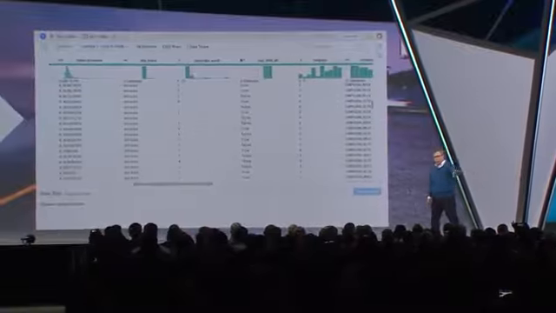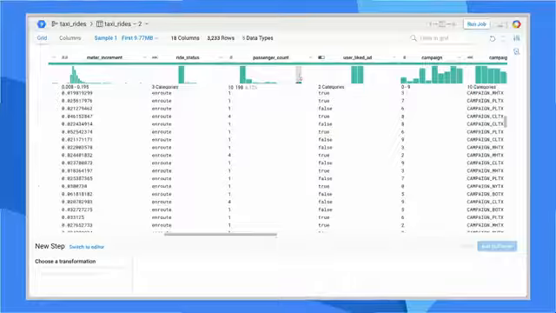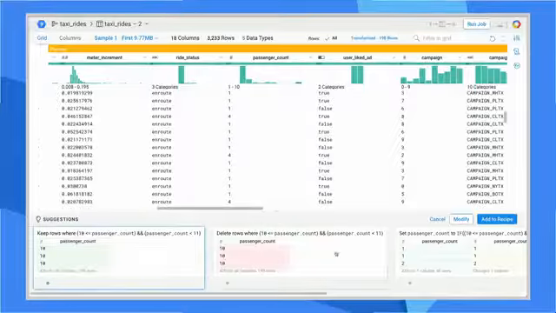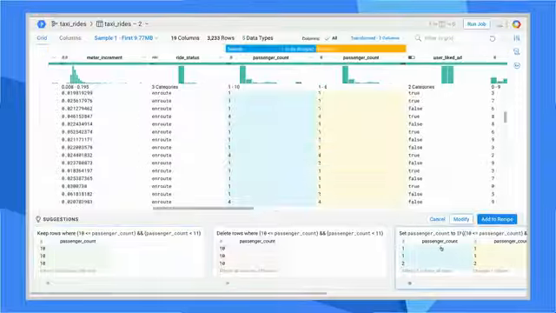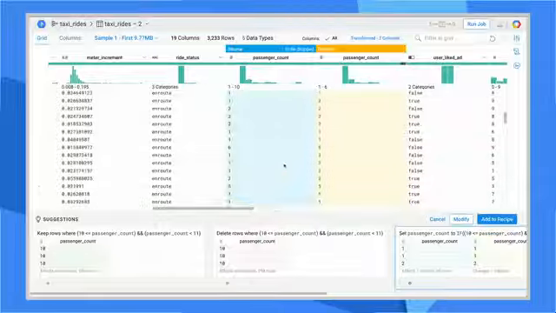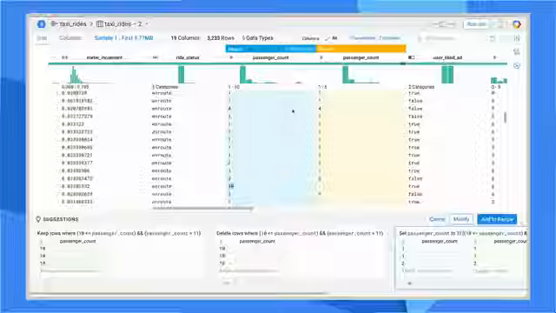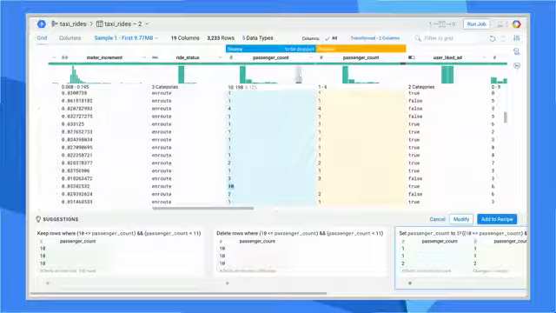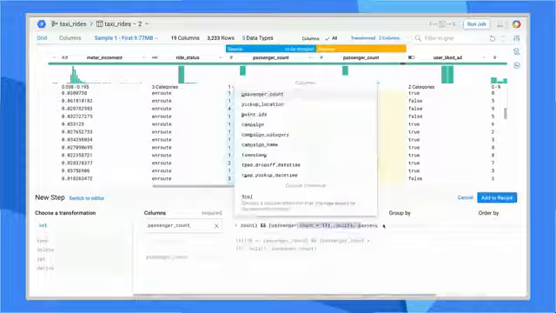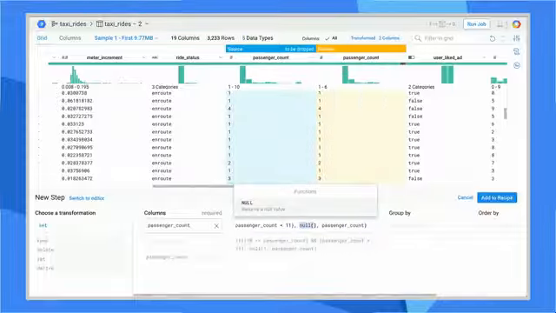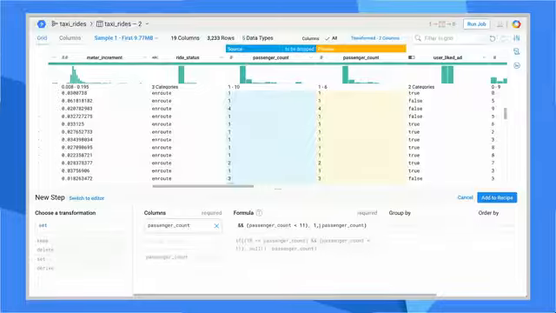The first thing to notice is across the top, Dataprep has automatically inferred the schema from my table. I didn't have to tell it that. Now, if you look at that passenger count column, you'll notice that it looks a little funny. The histogram up at the top includes some elements where it says there's 10 or 11 people. Now, I don't know about you, but I've been in a New York City cab, and I'm pretty sure you can't actually put 10 or 11 people in a cab. So that's a common data bug. Dataprep allows me to fix that in a number of ways.